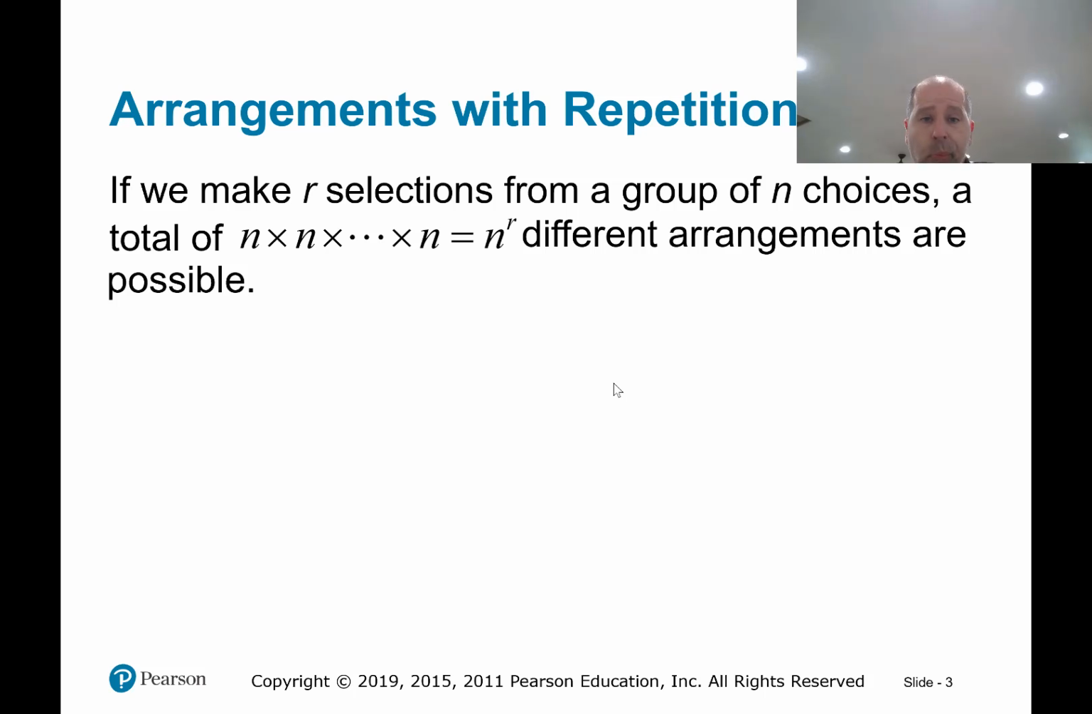Okay? So, one of the rules that we use is, in a case where we have n choices, if we are going to make our selections out of those n choices, we can figure out how many different arrangements are possible by using what I call the fundamental counting principle. And so in this case here, we basically take, of the n choices, we're going to make our selections, and we can make n to the r